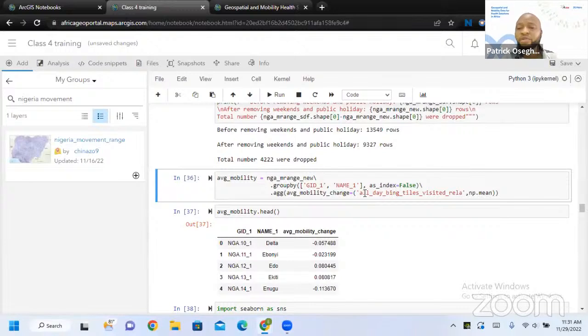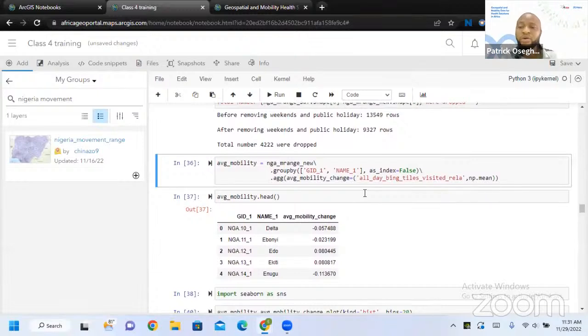Now I have to do a group by, because this data is in date form. I don't want to use dates now to do my visualization on the map. You can do it, you use a date, and you have to have a slider. But now I don't want to do that. It's kind of complex for this class. So you can do it in your learning time. You have access to this platform. You can do more on it.